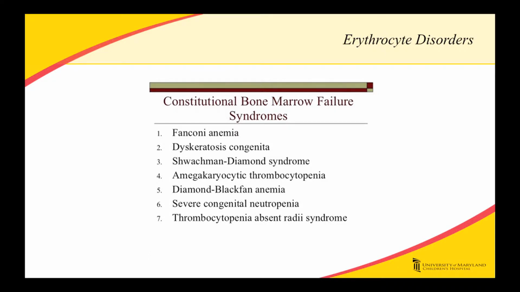All right, moving on to constitutional bone marrow failure syndromes. I just picked this slide because these are the top 7 that we tend to talk about when you suspect that you might be dealing with a child that has one of these bone marrow failure syndromes. I will tell you that typically the first 3 don't really manifest cytopenias until later on, but it does come up, and you might have a child with absent thumbs, then you have to worry about Fanconi's, right? And so you're picking up on these things in the newborn period,